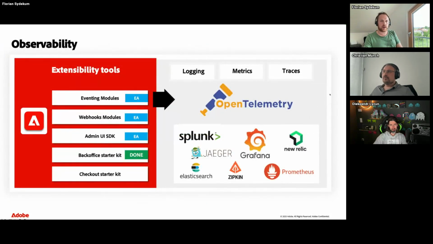And when speaking of service-oriented architecture, there is also the necessity that we can somehow debug or look into what is actually happening there. And for this, all App Builder integrations bring OpenTelemetry with them, meaning it's an open standard, right, where you can have logs, metrics, and traces. For example, you can use New Relic or Grafana and build your own dashboards where you can insert those logs and telemetry data and actually see what is happening inside of your integration. So if something breaks, you can most certainly see it there.